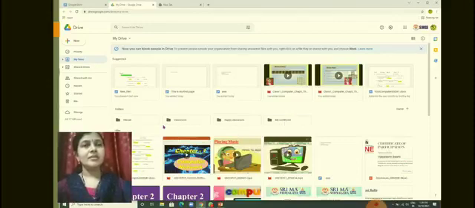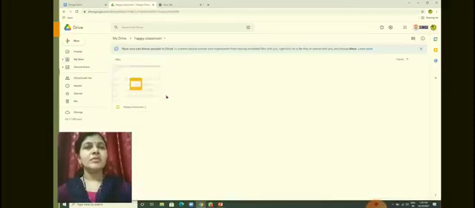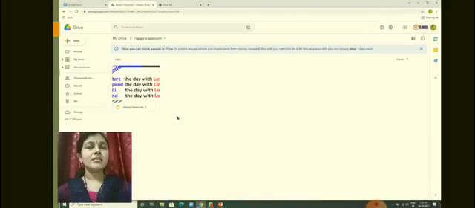Now I will show you how to upload files or folders into my drive. So this is my drive. When I open this Happy Classroom, there is a folder. In that folder, I can see one file, Happy Classroom. So when you go back,